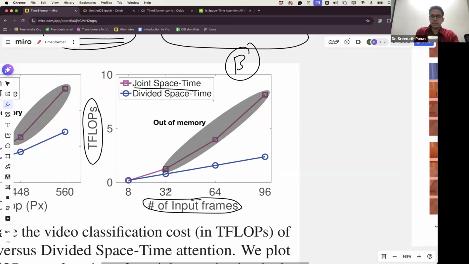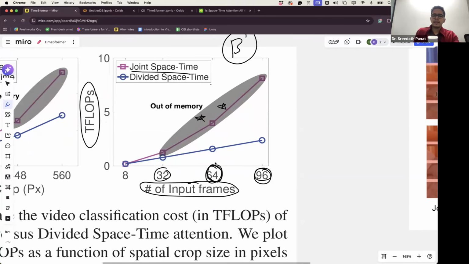from 32, 64, 32 frames is simply what? A 1 second video, right? Normal FPS of a normal video that we watch is 24, 30 frames per second. So this is just equivalent to a 1 second video. This is equivalent to a 2 second video, right? This is like a 3 second video. So the moment the video length is a bit high, the teraflops operations that are happening will go out of memory. So these calculations are difficult to perform in joint space-time attention, whereas in divided space-time attention,